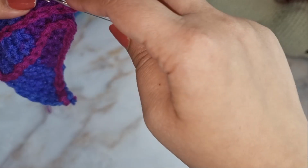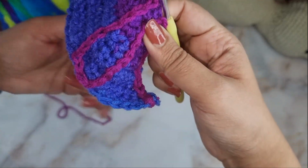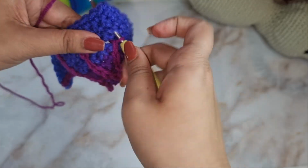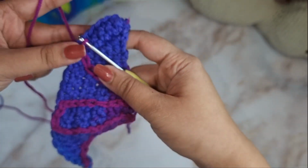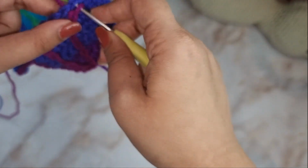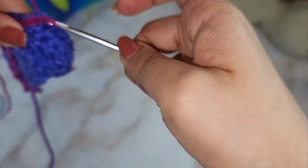We're back at the top again, and we're going to continue surface crocheting down. So we have the line going this way this time. I hope this is visible to all of you the way we're doing this. We're pushing the crochet hook to the back, picking up the front, pushing it to the back, picking up the front. Simple. So 1 section, 2 sections, 3 sections, and we start surface crocheting across to reach the other corner,